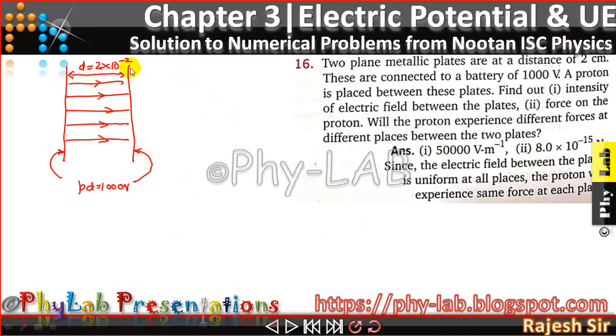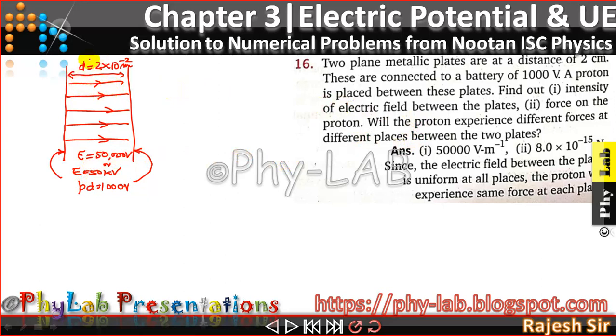Friends, in the first part of this question, we found out that there were two plates which were separated by a distance of 2 centimeter apart, and whenever there was a potential difference of 1000 volt across the plates, then we found out the electric field in between the plates was 50,000 volt per meter, or simply 50 kilovolts, isn't it, friends? We calculated that in our first part of the problem, friends. Now the question asks me, what will be the force experienced by a proton if it is left in between the plates?